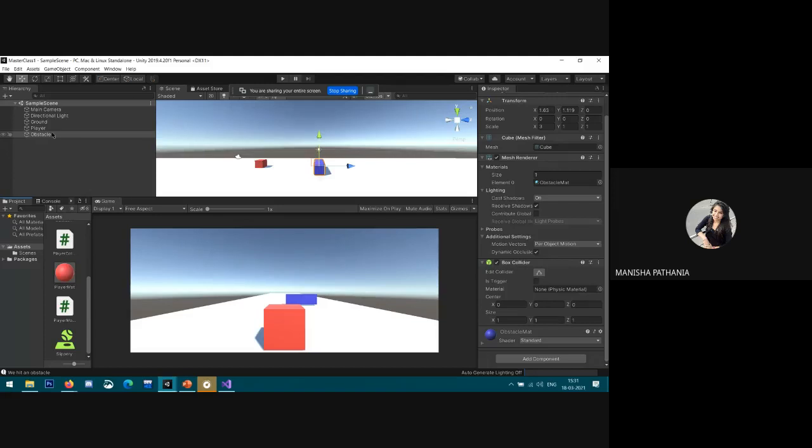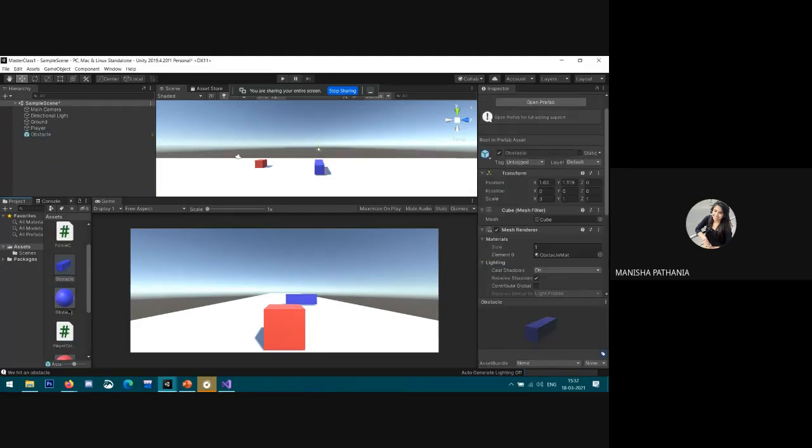For that purpose, first take this obstacle and simply drag it into the project panel. This will create a prefab. Prefabs, as I already told you, are used whenever you want to have multiple objects of the same type.